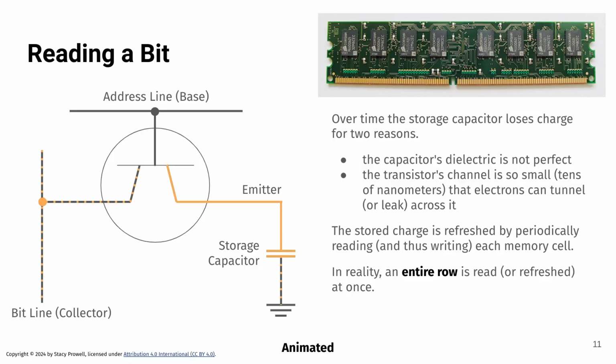But it's also the case that transistors in these circuits are tiny, right? They're down on the level of nanometers. And what that means is electrons accumulating at one side, or charge accumulating at one side, can tunnel across that and leak out. So there you go. That can leak out, and over time, you lose the charge on the capacitor.